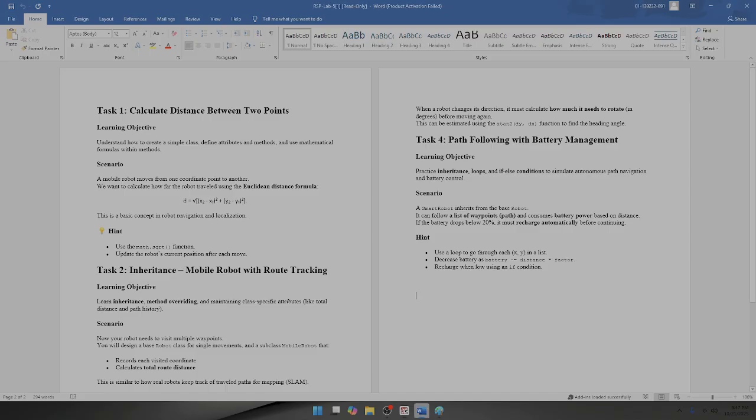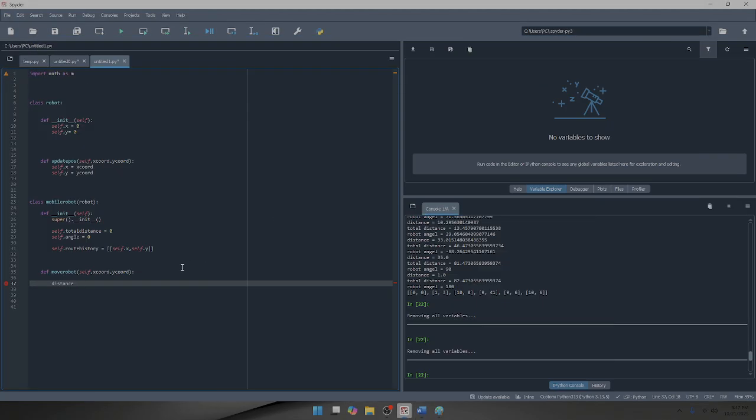Journal में भी formula given था, is this one. तो distance, अच्छा, फासला लिख रहा हूँ, ठीक है, because distance is the distance is, yeah, I can use distance is equal to m dot sqrt, this is square root. इसके अंदर we're gonna find the difference of self dot x minus x coord,